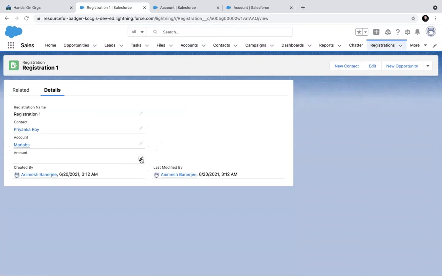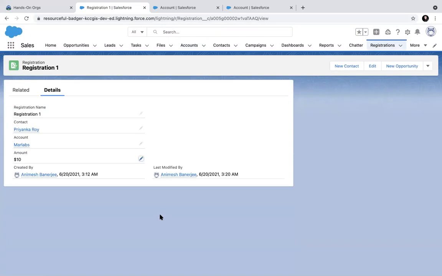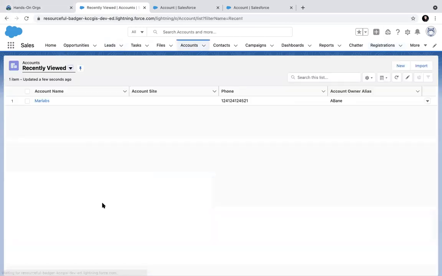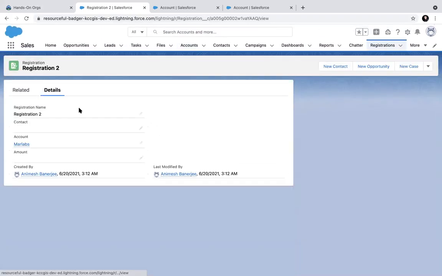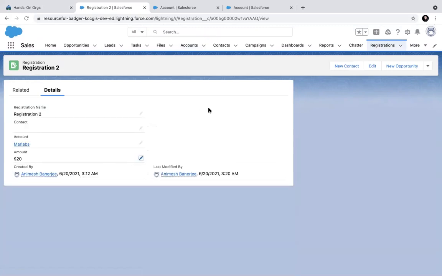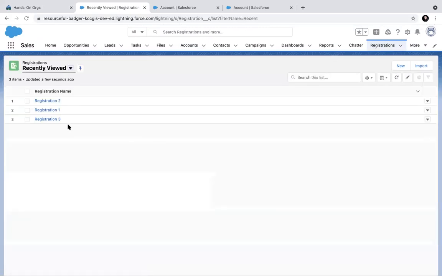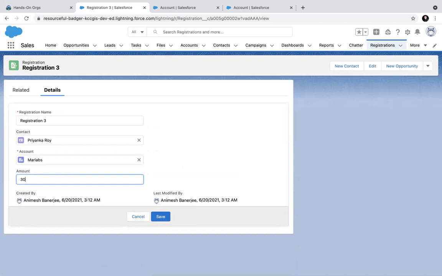Edit this amount field. Now the amount field is here. I put some value. $10. $20. $30.